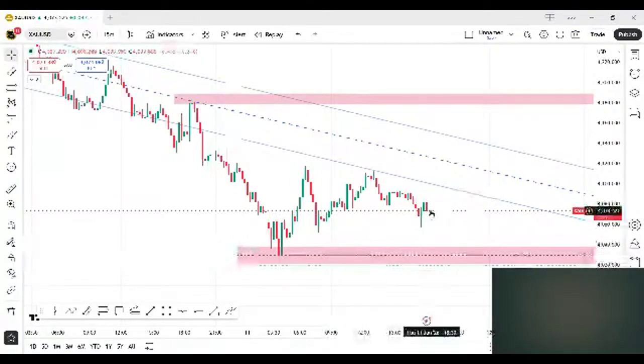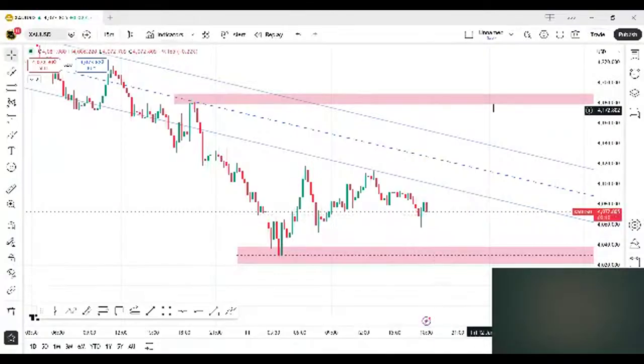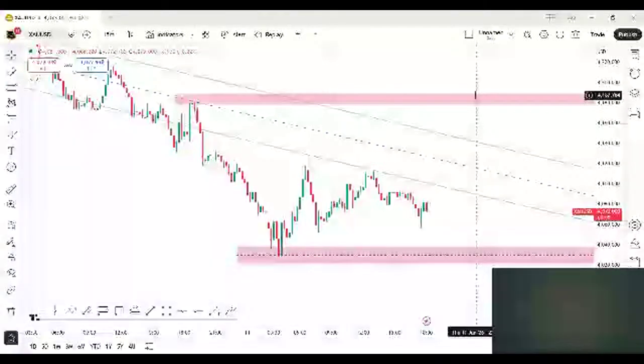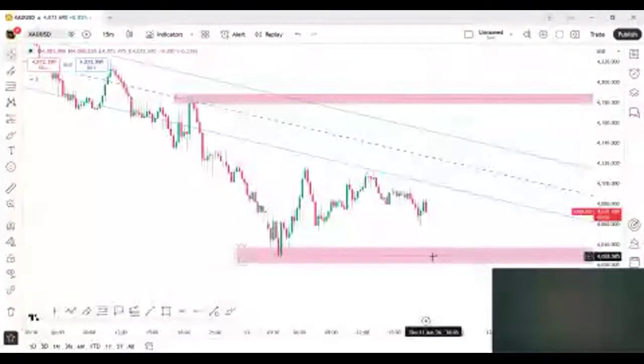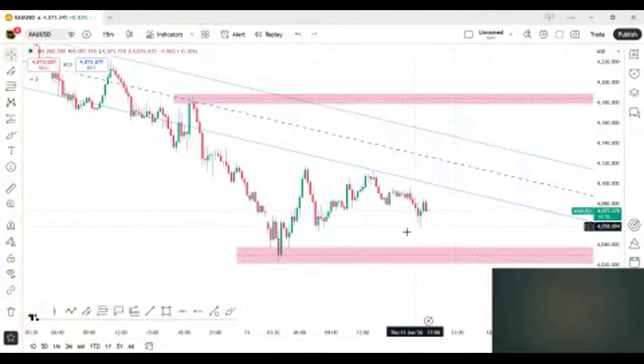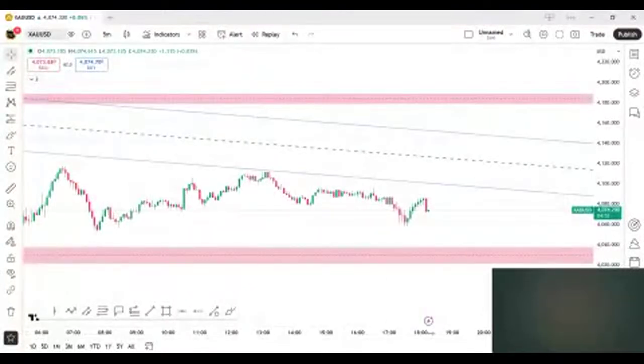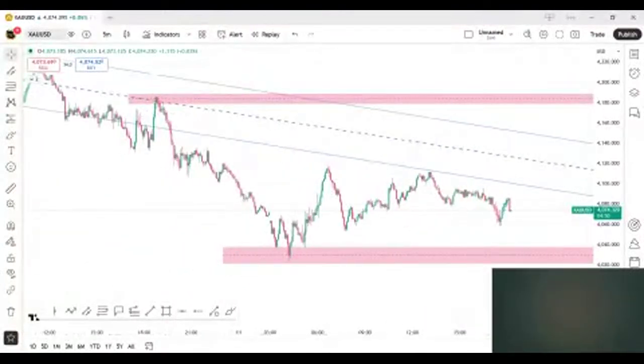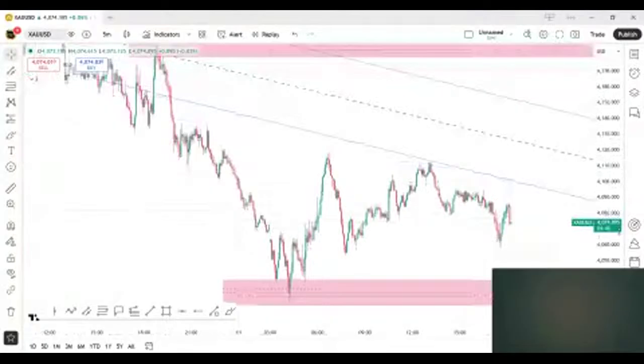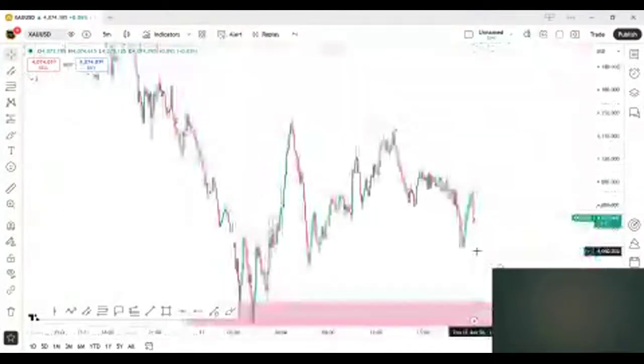But again, if you want to look for buying positions, I have told you we need a buy above this zone area 4180, or we get a liquidity sweep from this area and then bounce back, then we will look for buy positions. Otherwise, there is no chance of a buy setup. Now I will move to the 5-minute time frame chart, so we might see somewhere we can get some areas where we can look for the buying position.